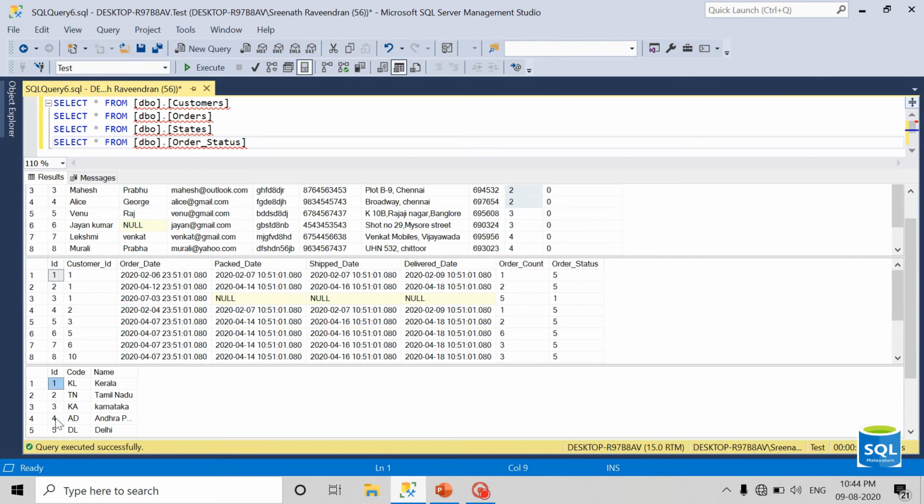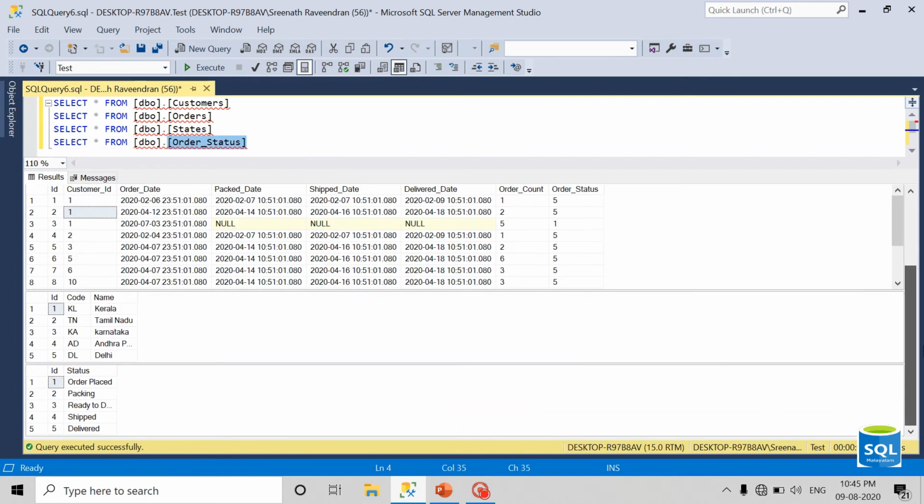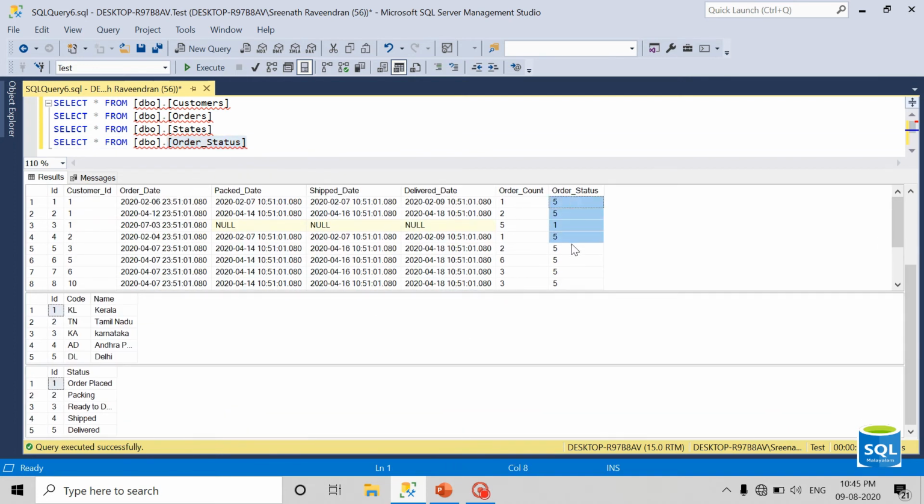The ID from the state table is the primary key, and here it is the foreign key. Also, customer ID is a foreign key pointing to the primary key in the customer table. In the order table, we have a customer ID that comes from the ID of the customer table. And also we have an order status, which comes from the master table order status, which contains around 5 different order statuses.